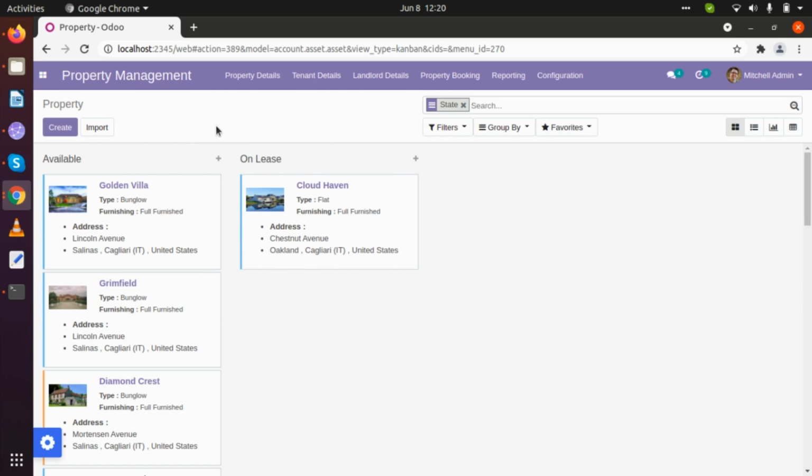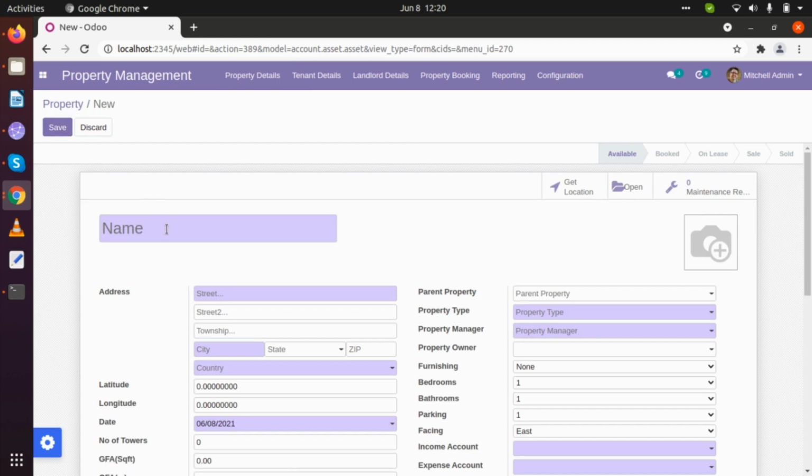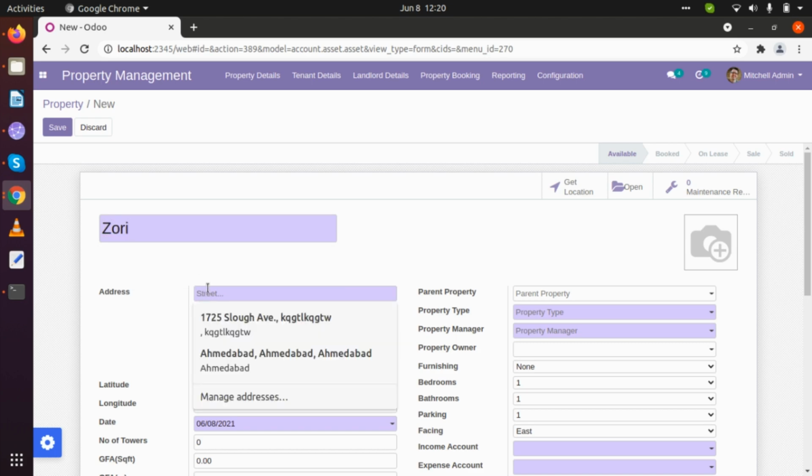Now, whenever we want to create a property, we first have to click on our property create button. Then here we will be creating a whole new property.